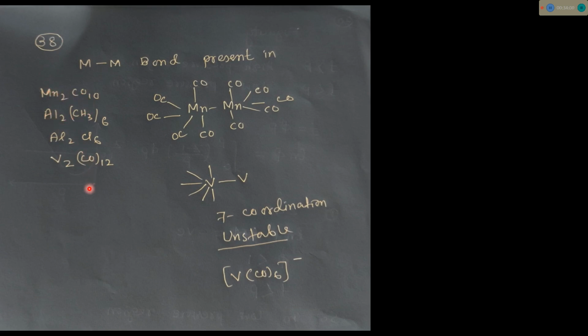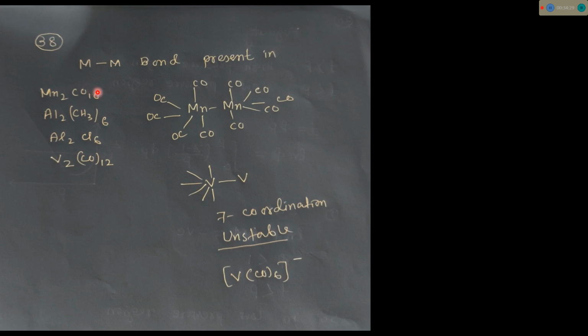So there is no option containing this Mn2 and V2, but 4 different complexes were there. In the question this complex was given, but we know practically this complex is not formed. So if we consider that this complex is actually not formed, then the correct option is